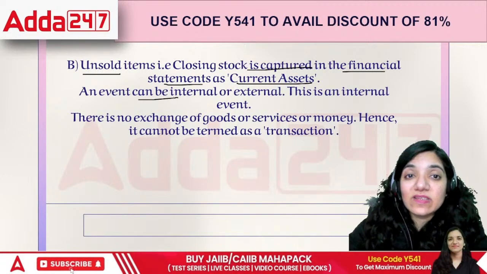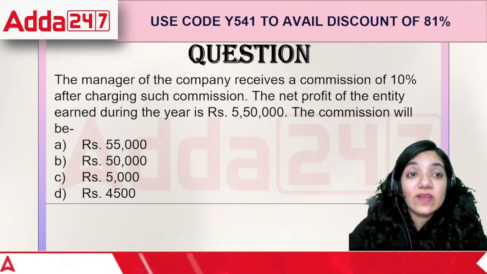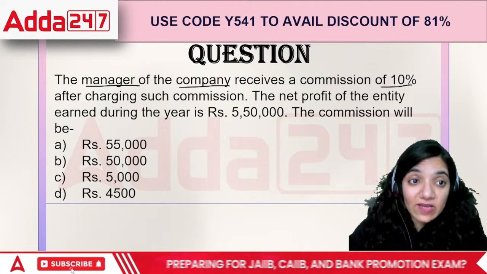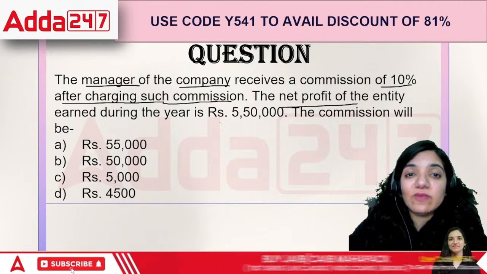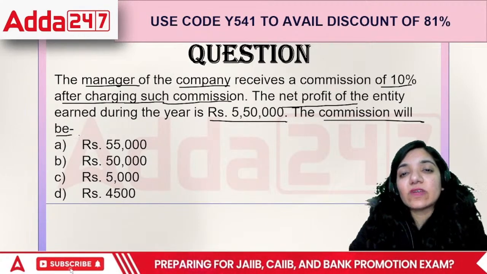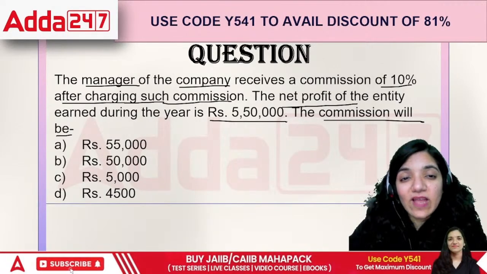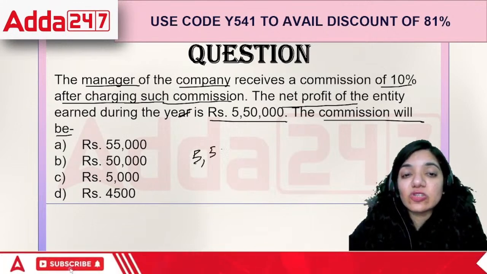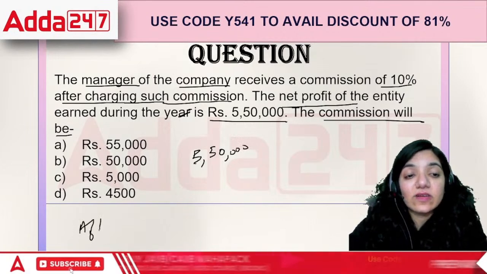An event can be internal or external. Next question, everyone. The manager of the company receives a commission of 10% after charging such commission. The net profit of the entity was 5,50,000. The commission will be... They are saying the manager of the company receives a commission after charging. That means this 5,50,000 includes the commission. So if it includes the commission, the best way is whenever the question says after charging,